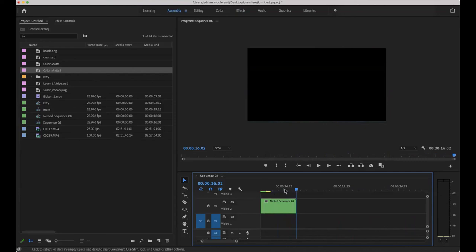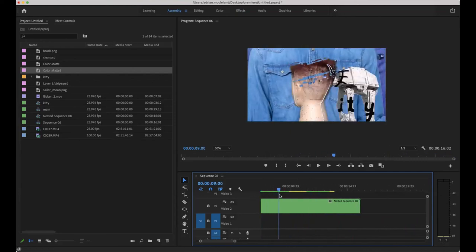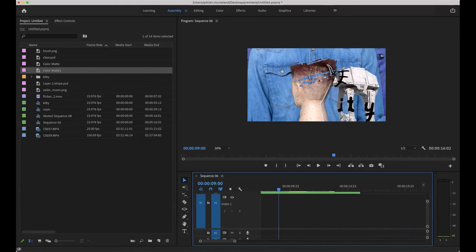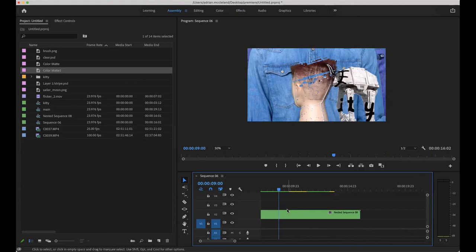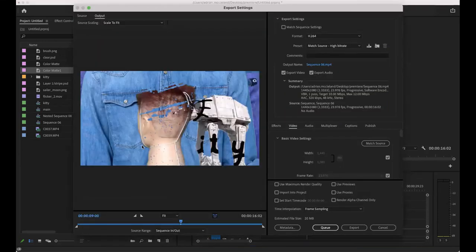So there's a lot you can do, and with the transitions, you can be reasonably subtle. Oops. And drop it out so we can see the whole thing. Again, all of this, you could grab the whole thing and nest it again. So let's go Command M,